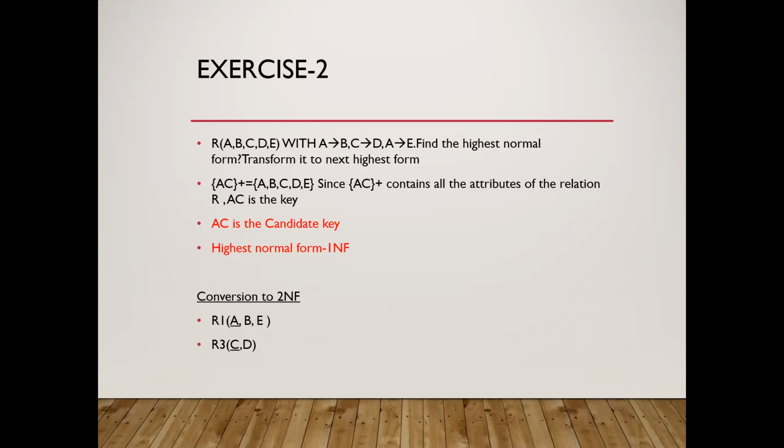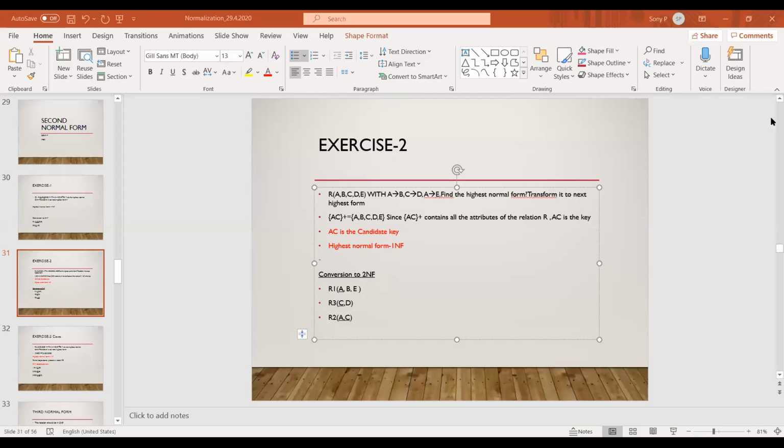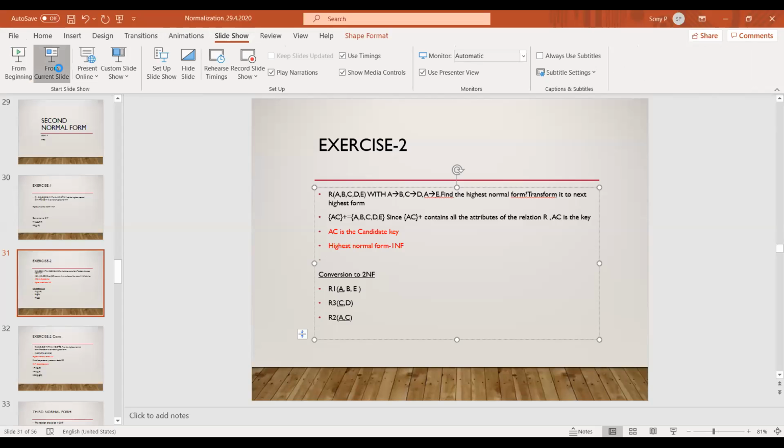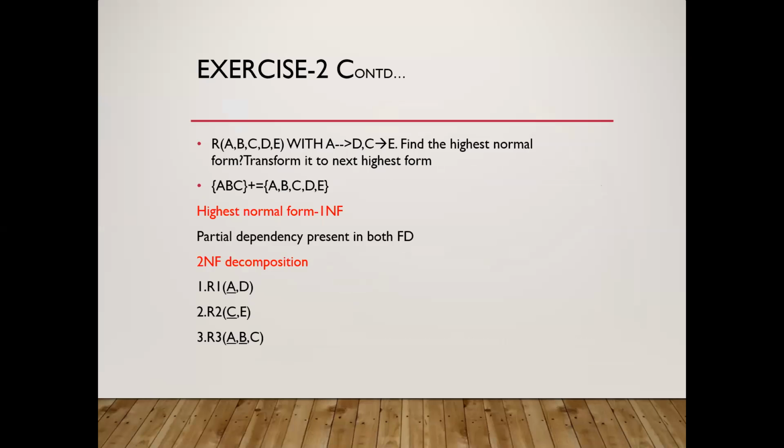But after combining these two tables, is there any common attribute? No. So we have to create one more table. Yeah, we have to create one more table. AC, the relation R2 with A and C as the attributes. Here in the relation R2, AC together is the candidate key. That means the AC combination is the candidate key. So now we can move to another question.